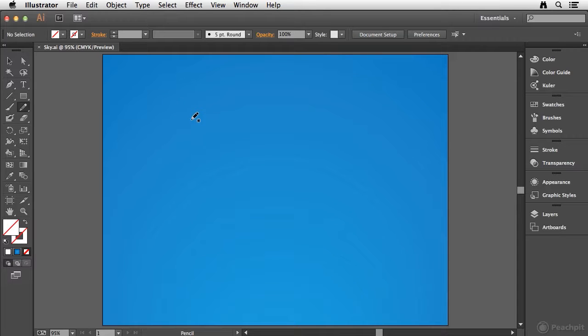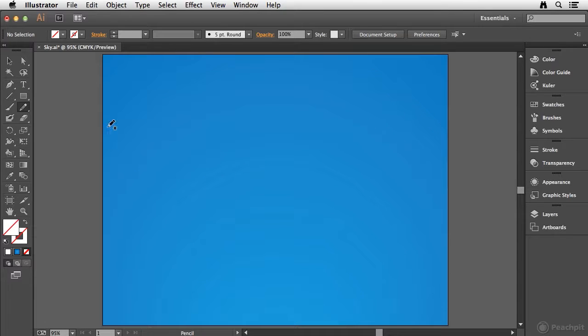Now with this pencil tool, it's fairly simple to use. As I click and drag with this tool, I can really draw whatever shape I want. And if I come back to where I started, it's going to close that particular path. And as you can see, it has drawn a path, and from here I can fill it. I can change it in whatever way that I wish. Now, I'm going to go ahead and delete that for now,